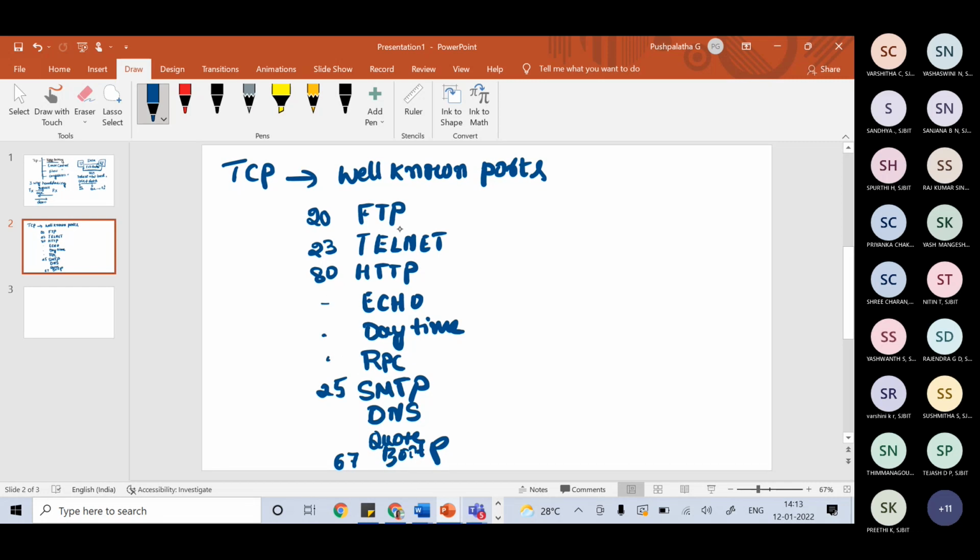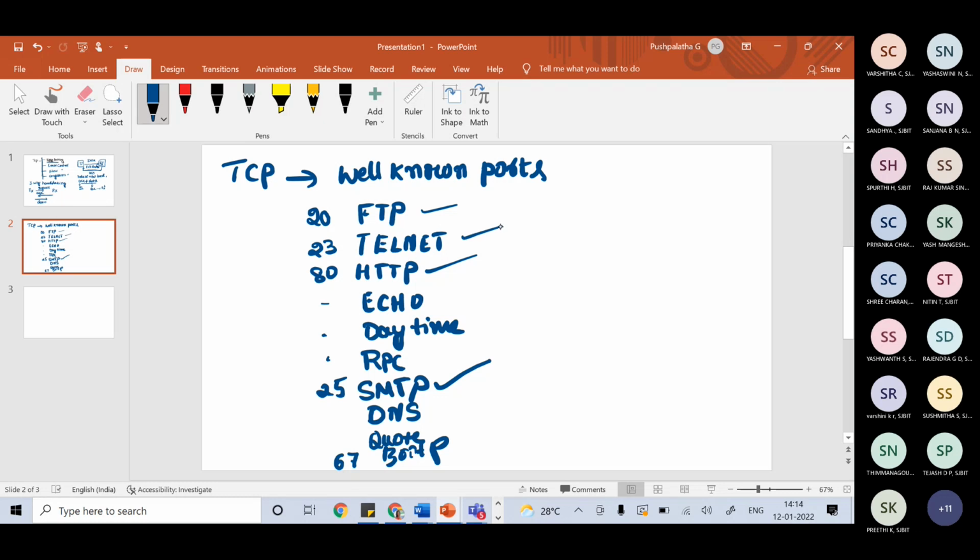How many of you know at least a few of the protocols I have listed here? Probably you will know SMTP, Simple Mail Transfer Protocol, and HTTP, Hypertext Transfer Protocol. FTP, because you are using it now, you will know is File Transfer Protocol.